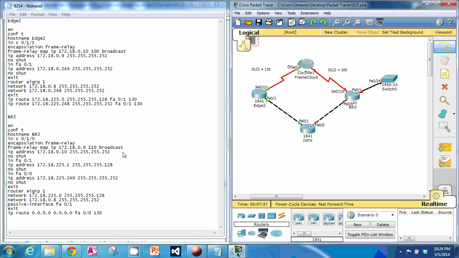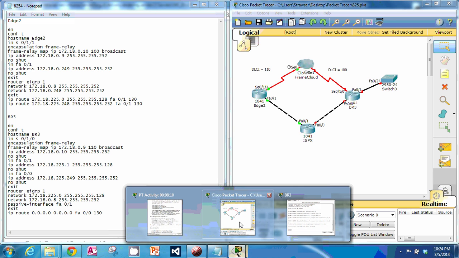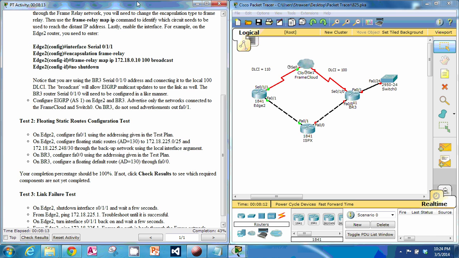And then we set the IP address to the .10, no shut, configure the FA01, that's going to switch 0 for this IP address and subnet, no shut on that one, and then configure the 00 interface that's going through the backup network here with that IP address, a no shut, exit. Then we can do router EIGRP, and then this tells us to